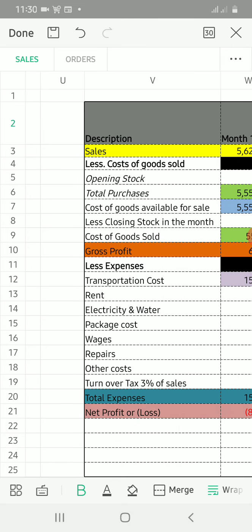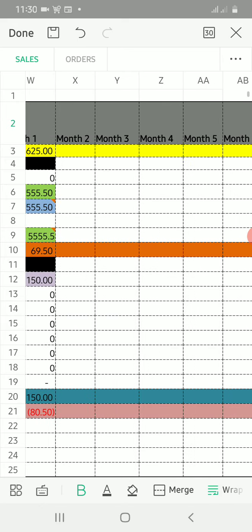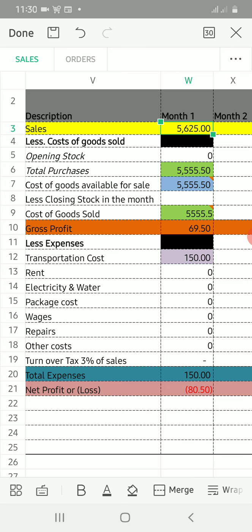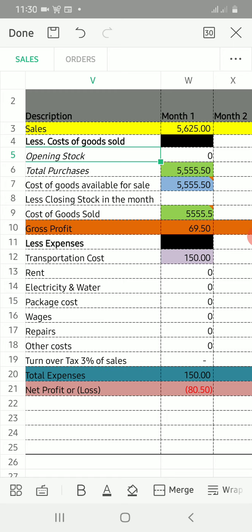Okay, yeah. So let's now go to the summaries, and in this case we want to calculate the net profit for that month. Okay, the net profit or loss. Like in this case, since we are actually selling just one product, the sales were 5,625. That was the total sales. This cell will update automatically, so we don't have to fill it. But now here on the opening stock, you'll have to fill. Okay, and the opening stock in our case, since we were just buying, it was 0. All right,